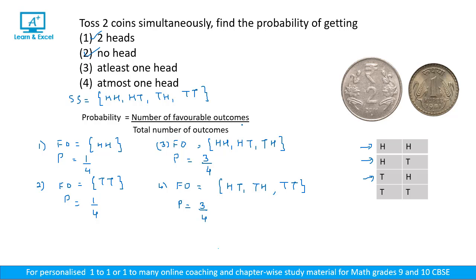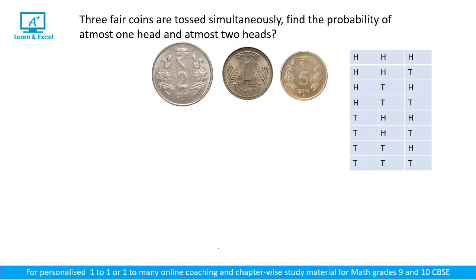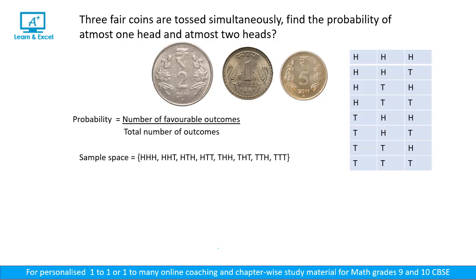Now if you have understood solving this, let us toss 3 coins simultaneously and find the probability of at most one head and at most 2 heads. For this, first we write the total number of outcomes. Then we know that probability is equal to the number of favorable outcomes upon the total number of outcomes. So we have the sample space over here. Now let us find the probability of at most one head. At most one head means the favorable outcome will be for one head